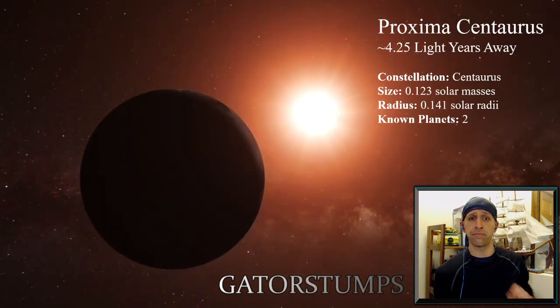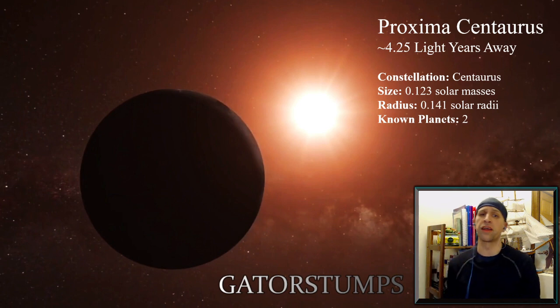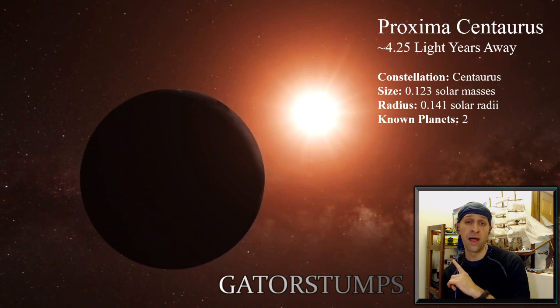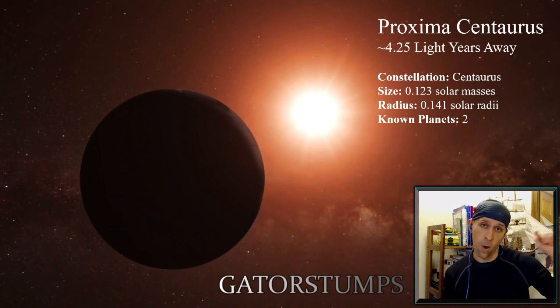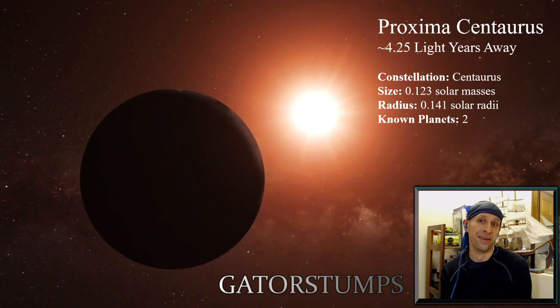So there you have it. That is our closest planet, or our closest sun to us. It is 4.25 light years away. That means the amount of time it would take light traveling at 300,000 kilometers per second. It would take light 4.25 years to make it all the way there. If you flicked on a lighter right now, that light would theoretically make it to that star in the year